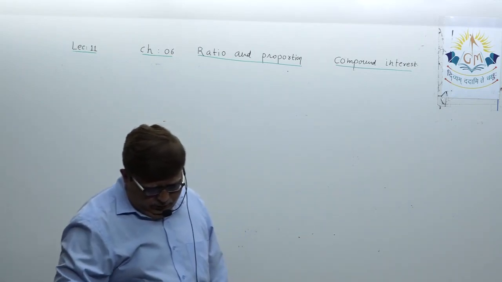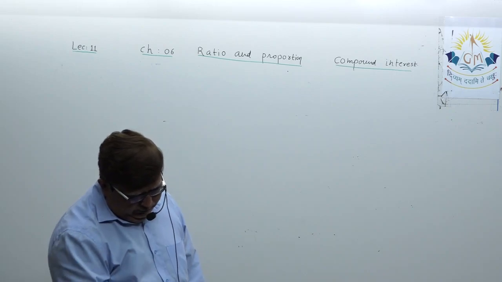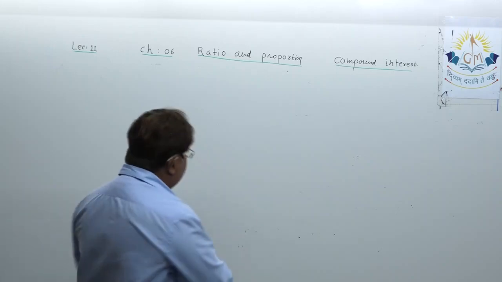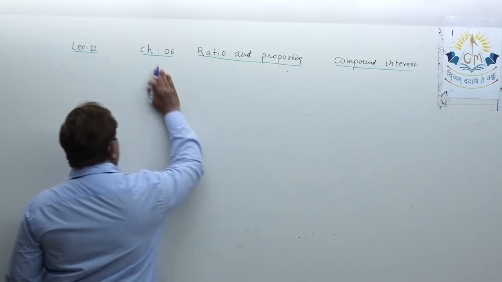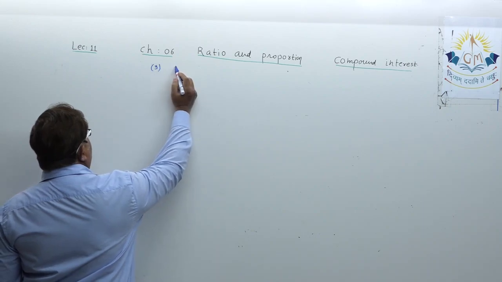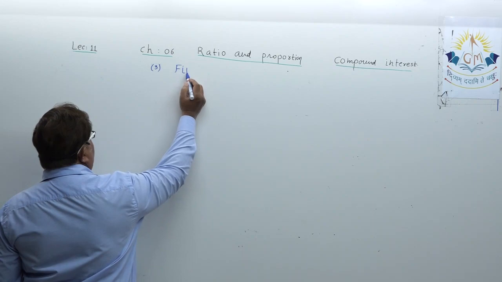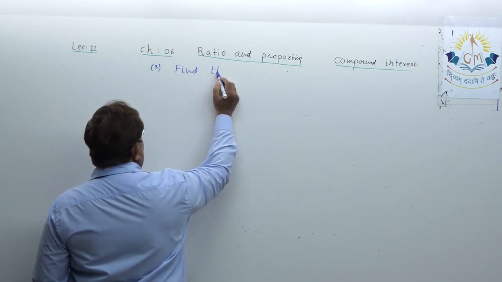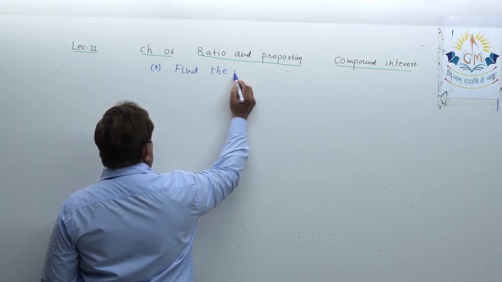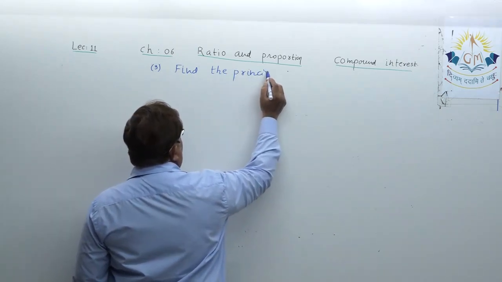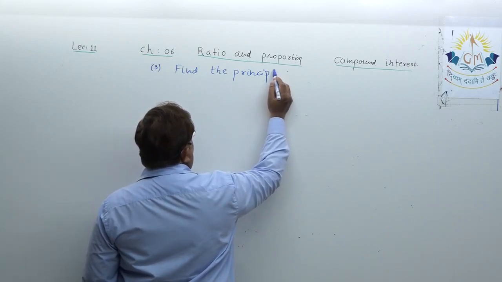And the example is like this. Find, this is self study for you, dear student, in 4 minutes time. Because it's arithmetic, I am giving a little more time. Find the principal, okay, find the